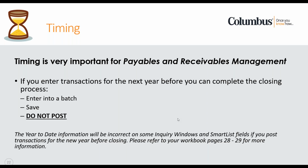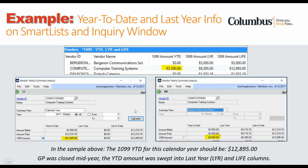So if you have a workbook, you can refer to pages 28 and 29 for more information. But basically there are certain fields that get reset during the year-end close. And so, number of invoices this year and things like that would be incorrect if you are posting things into the new year before you close. That being said, there are also some options you can change so that you will see the correct information, because most of it is date sensitive, with the exception of a few SmartList fields and inquiry screens that you can't get to,